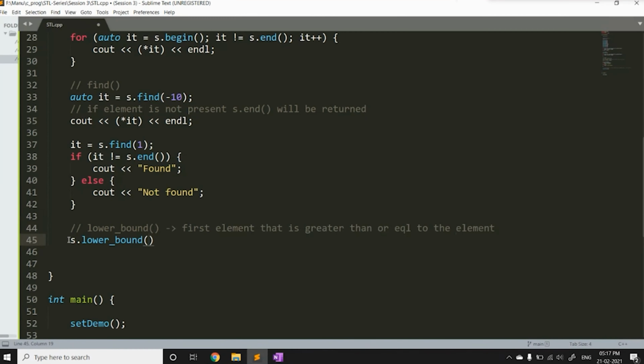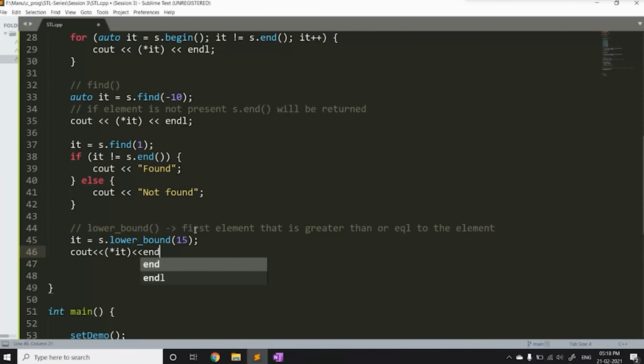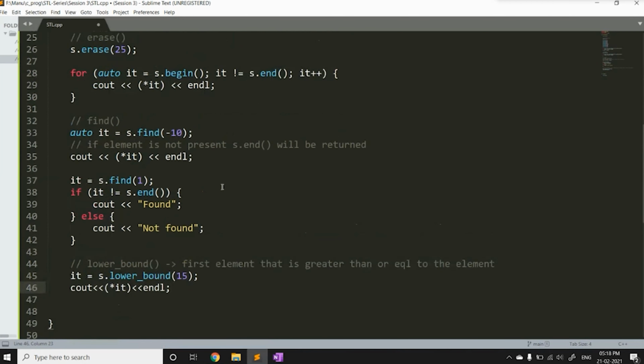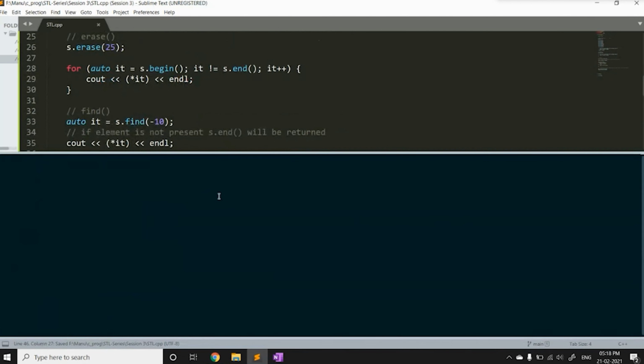Say suppose I want to find the lower bound of 15. So this will again return me an iterator. So I can say iterator is equal to s dot lower bound. Let's see what value we are getting. So let me run this program.